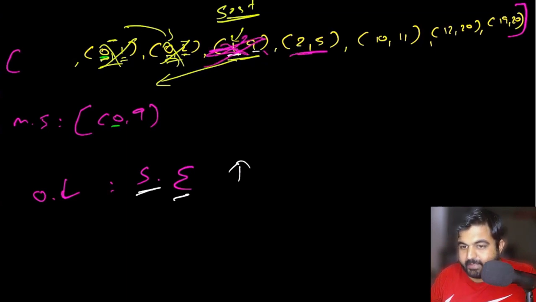Now we are going to compare it with 2 to 5. Again 2 and 0 to 9, so 2 falls between, so there is an overlap. Definitely between 2 and 0, 0 is smaller, so we are going to keep 0 as it is. For this 5 and 9, 9 is greater, so we are going to keep 9 as it is, and we are going to get rid of this one. Now we are at this position.